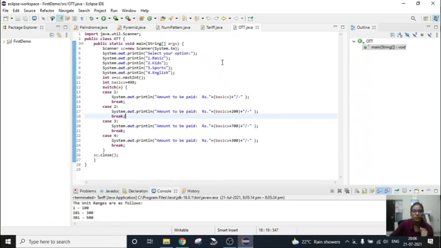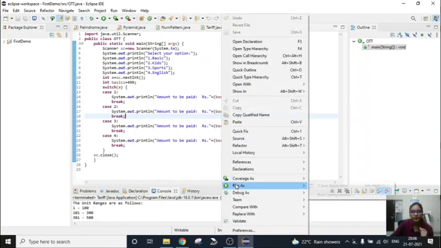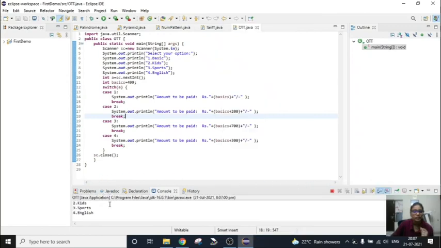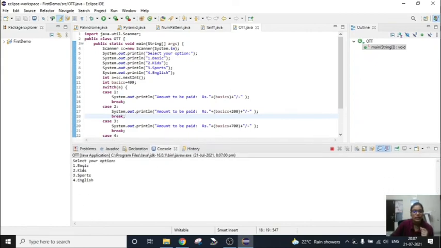So let us run this code and see. Here it is asking us to select an option. Let me select option 3, which is sports. So here it has given us the amount that we have to pay for the sports channel.